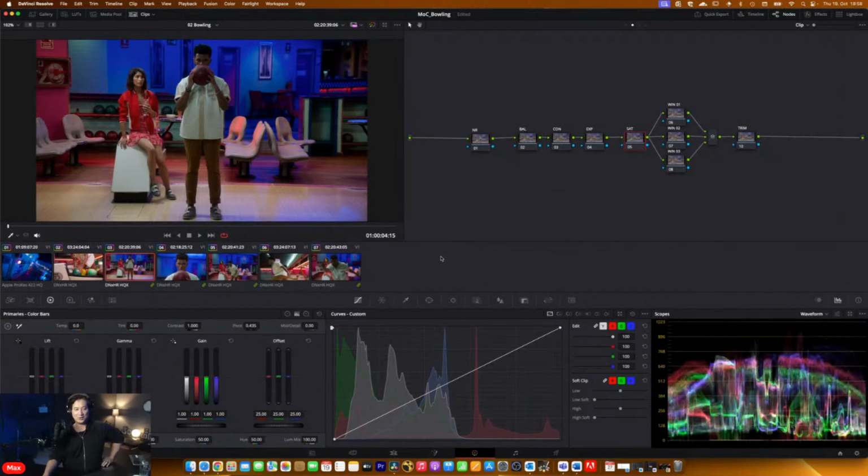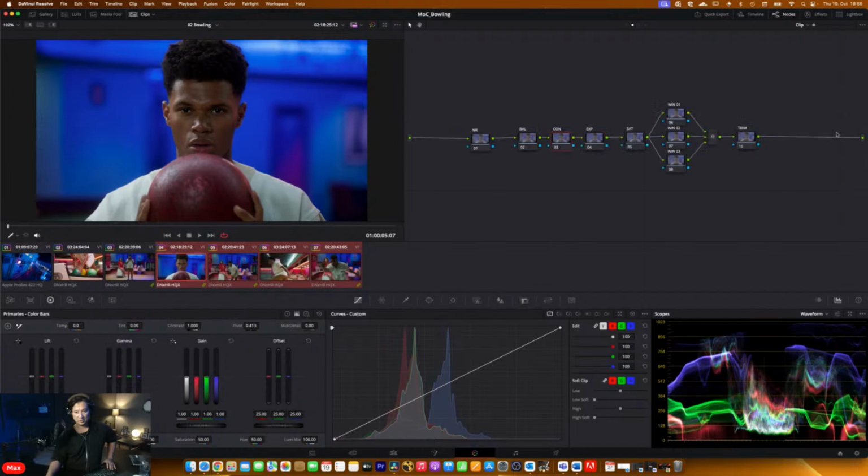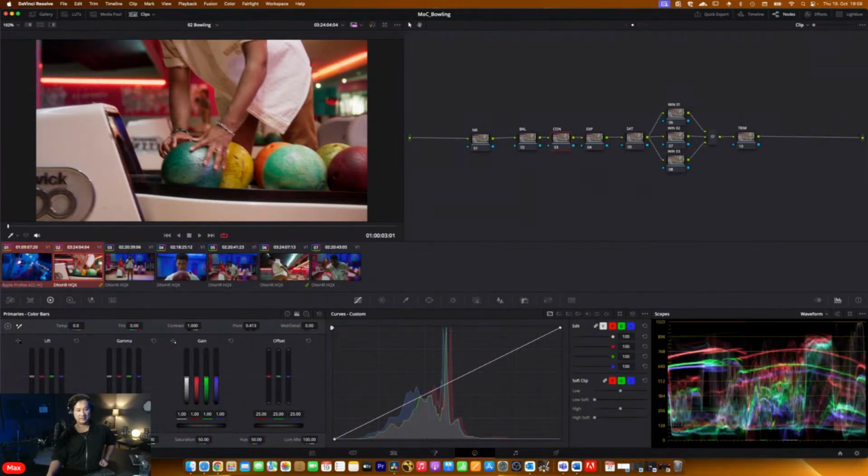All right, so we have our node template, and what we can also do is copy it to the other clips. So I can select the other clips, and by clicking the middle mouse button of your mouse, you can copy and paste all of those, and selecting this, you can copy and paste everything. So now